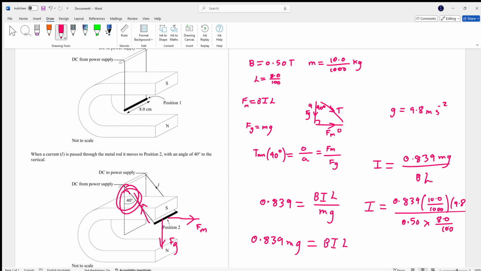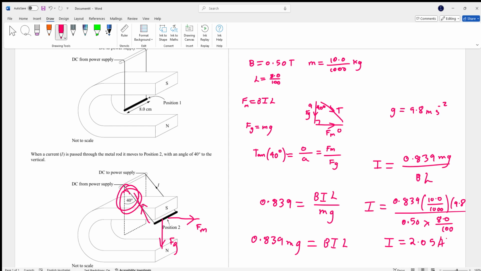So this bit times 10 over 1,000 times 9.8, and then 0.5 times 8 over 100. Okay, so we get approximately the current is